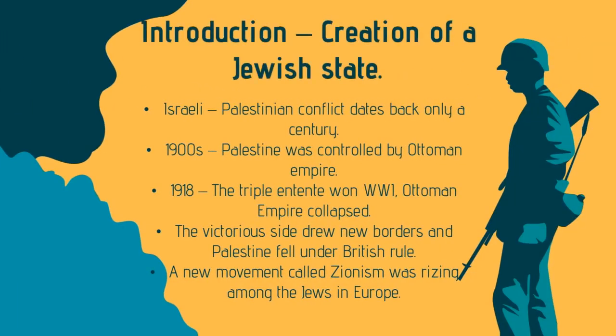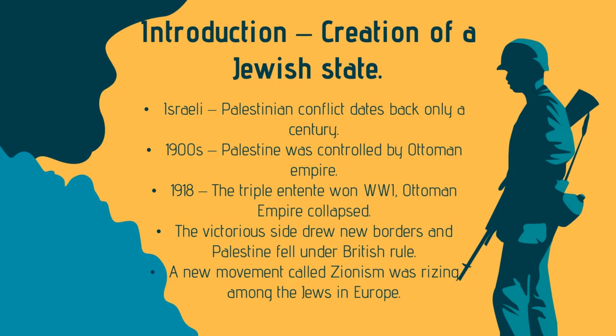When we talk about the Israeli-Palestinian conflict, we usually think it's a conflict between two religions, but this isn't right. The Israeli-Palestinian conflict is a conflict between two communities over the same territory, and contrary to people's belief, this has been going on for less than a century. During the 1900s, the region we now call Israel and Palestine was under the rule of the Ottoman Empire. The place had a Christian and Muslim majority and a Jewish minority who lived in relative peace.